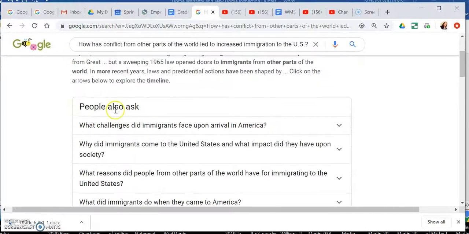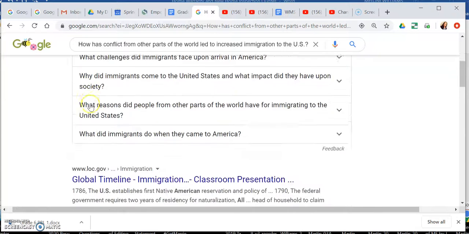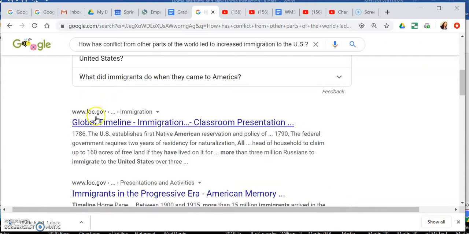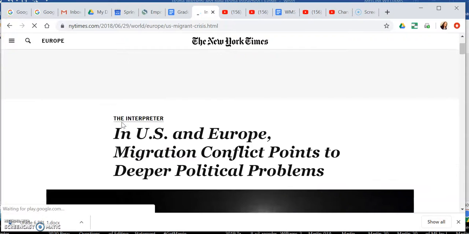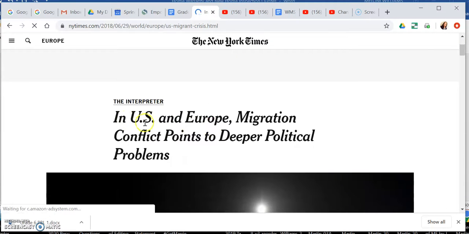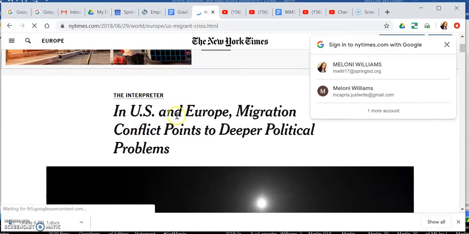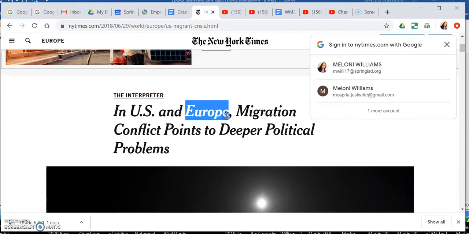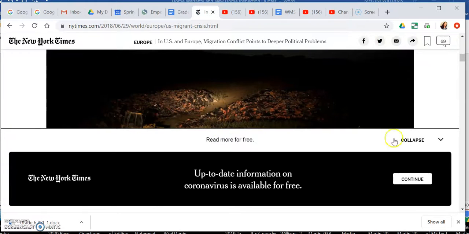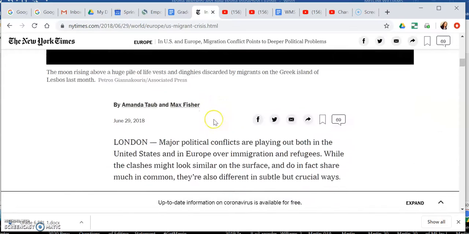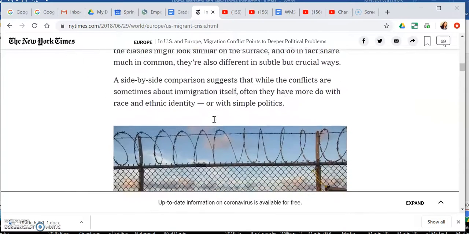So that brings up the same resource that I accessed before. Let's see. So here we are, right in the U.S. This one might give me more than I need because it's talking about Europe, right? And we're just looking for the US-Mexico border. So keep in mind, when you're searching different things, you want to make sure that all the